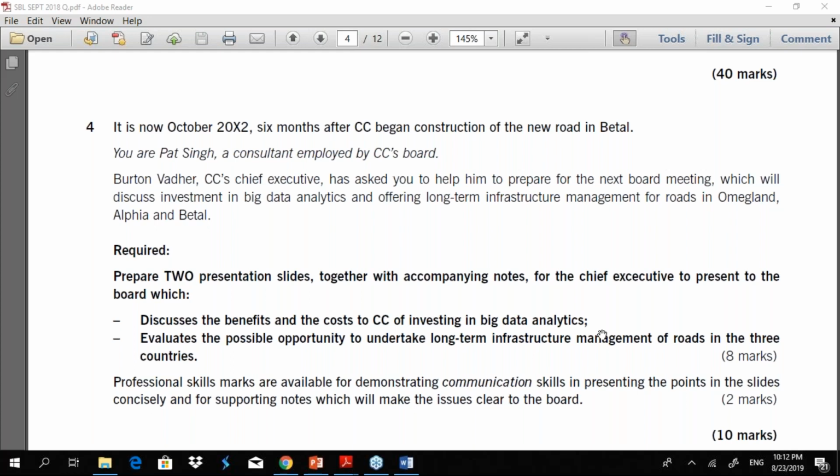Why I highlighted this is most of you are worried about learning theory. You don't have to learn by heart all the slides that we went through, no need. But you must have an understanding of the technical areas so that you can apply to a particular scenario. So application is the most important element when it comes to answering a case study examination.